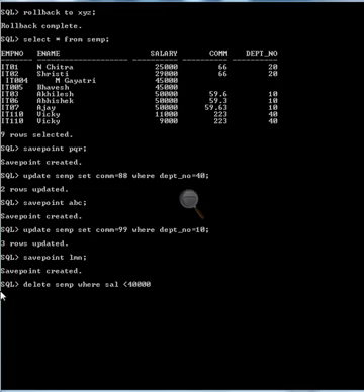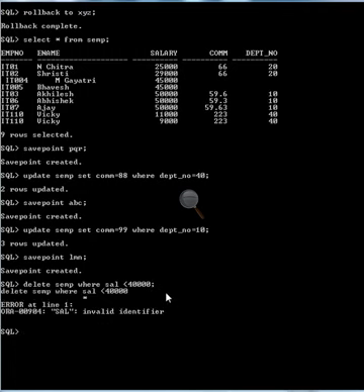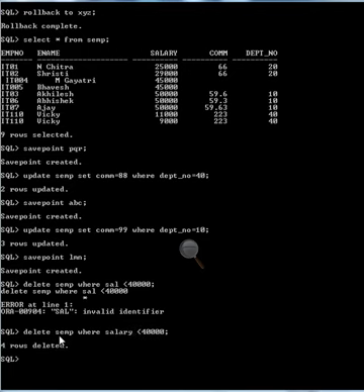Actually the column name is not sal, it is salary, so delete where salary is less than 40,000. 4 rows deleted. Now see the reflection. Select star from ACMP.